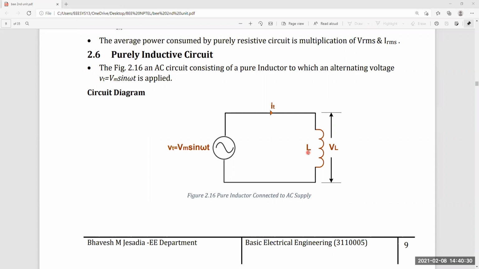But an inductor stores energy in the form of a magnetic field, an electromagnetic field. That energy is half L I squared. You know well, half L I squared is the energy stored in an inductor. It opposes sudden changes in current, that's why across the inductor the current lags the voltage. So in a purely inductive circuit, the current lags the voltage by 90 degrees.